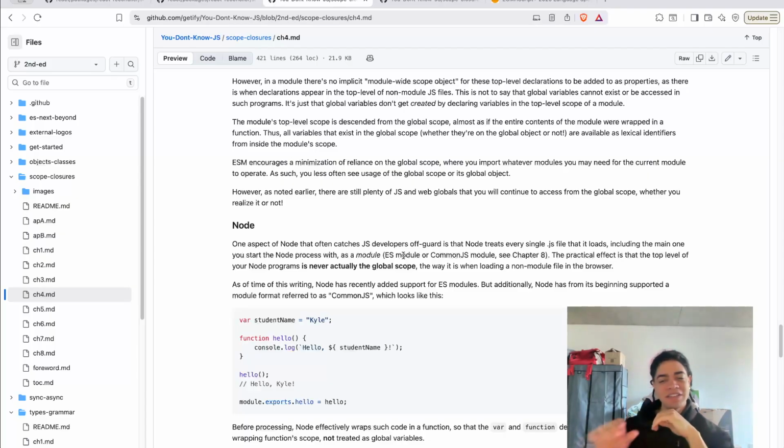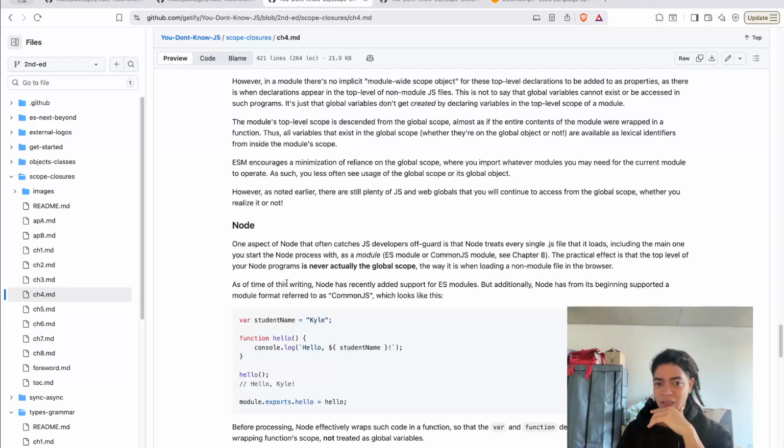So unlike in the browser, Node says, anytime I load and execute a file, I treat it as a module, whether it's CommonJS or an ES module, which is never actually the global scope, the way a non-module file is loaded in the browser.